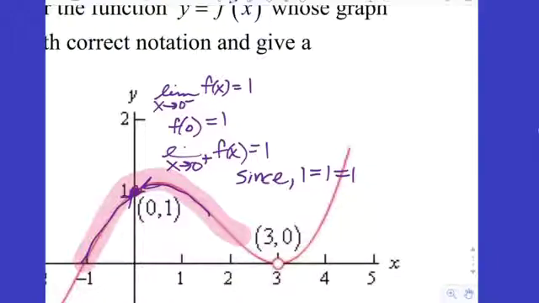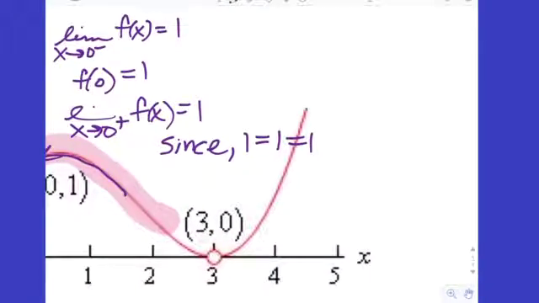from the left equals the function value, which equals the limit from the right, but I'm writing them as 1 equals 1 and equals 1. It's a lot faster to write 1 equals 1 equals 1 than writing all this notation again. But if you have it labeled up above, we know which ones you're talking about. And all three of them have to equal each other. So it's not silly to say 1 equals 1 equals 1, because you're referring to each of those ones up above. So since 1 equals 1 equals 1, comma, f of x is continuous